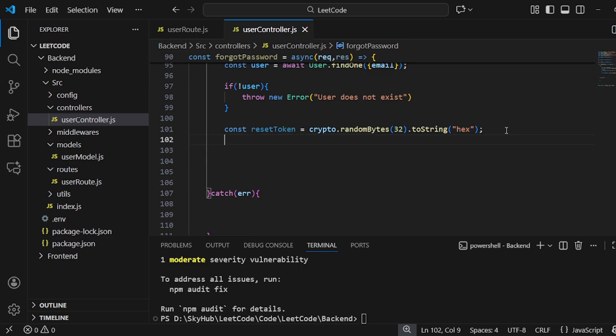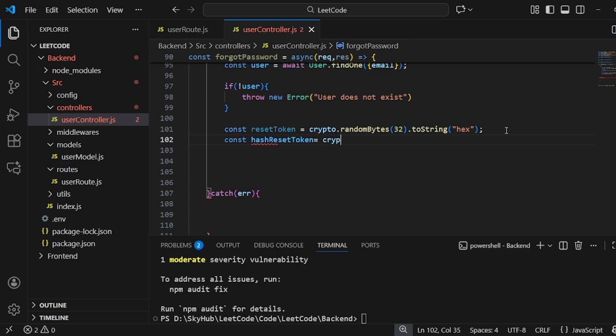After that, we must hash this token before storing it inside the MongoDB database. So const hashed token, or reset token, equal to